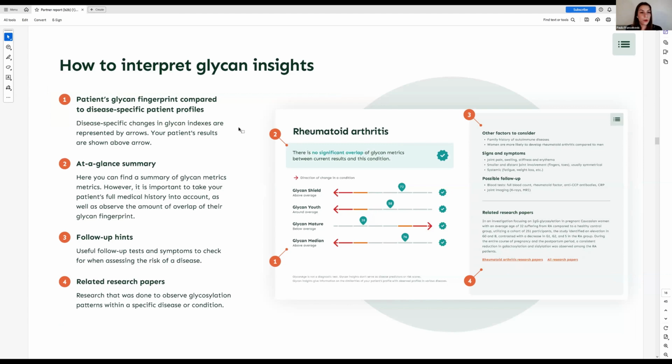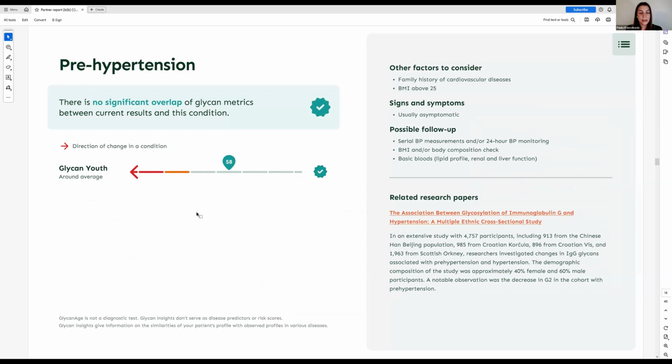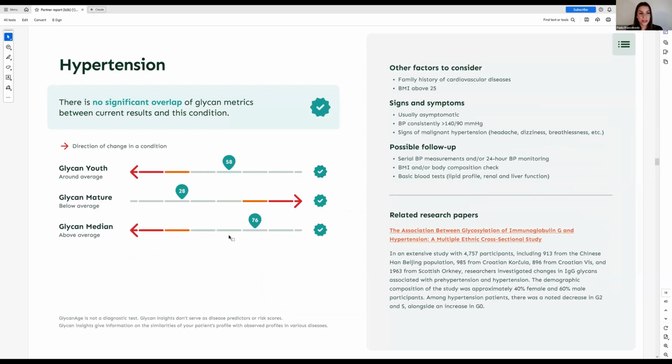So here in the new report, you have details about each of the conditions that is measured. So for example, for hypertension, we know that a specific pattern that occurs in people who are at a high risk of developing hypertension is at the same time lower glycan youth, higher glycan mature, and lower glycan median. So if that is present, more focus should be put on introducing preventative efforts to stop hypertension and to increase